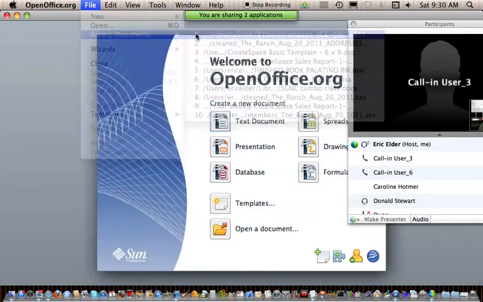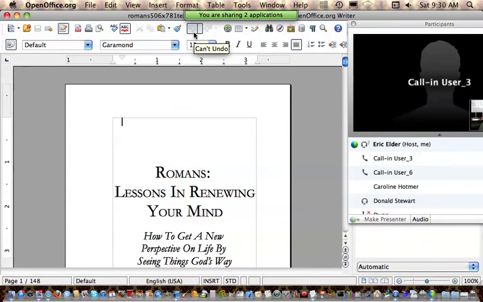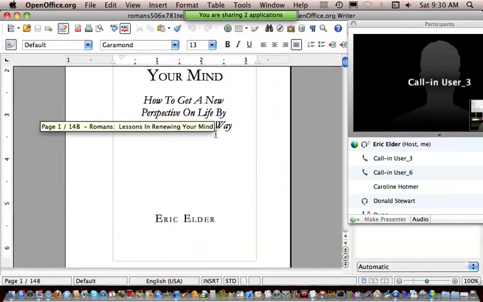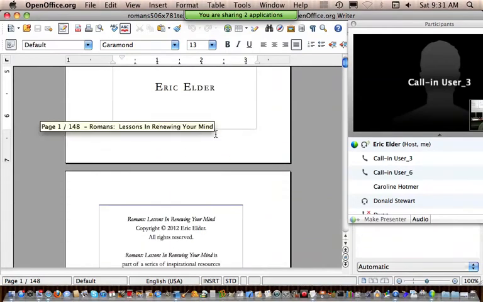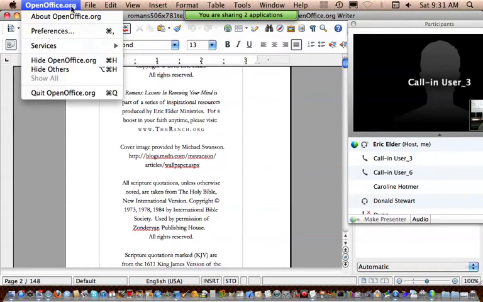I'm working currently on a book about Romans, the book of Romans, and a study on renewing your mind and how that book can help you to renew your mind. And I've simply created a book. It's just some pages in this word processing document, and I've done a little layout stuff here. Your layout is really up to you. If you just want to go into your preferences and pick what format you want it to be at the end, you can make it like a 6 by 9 size, or you can make it